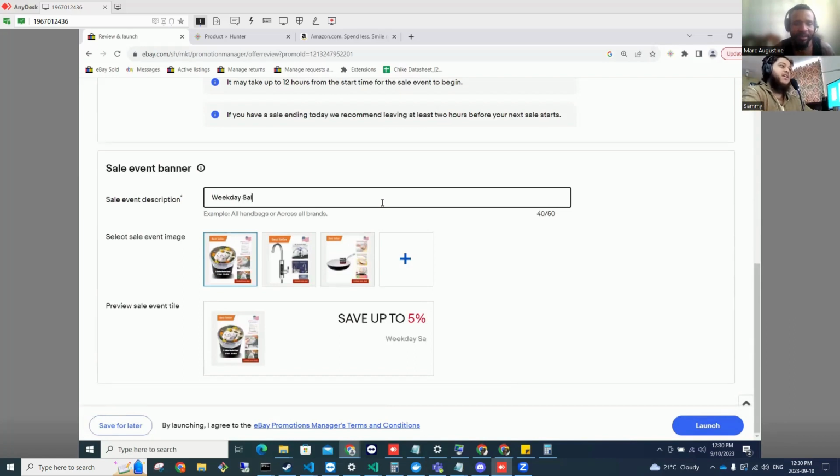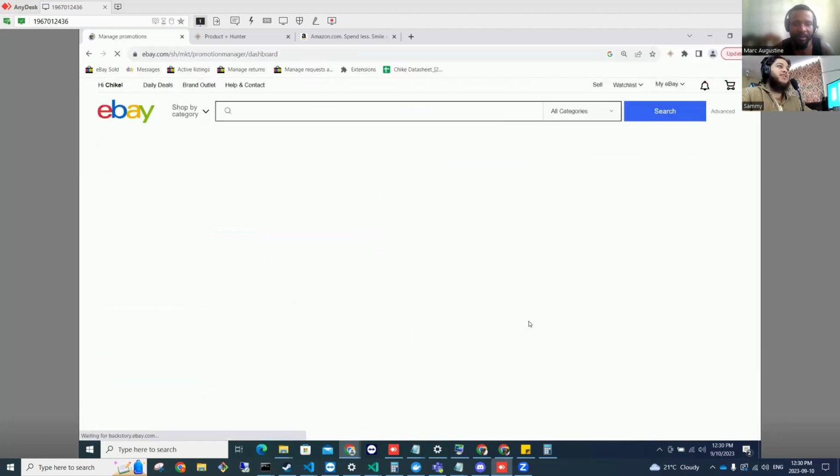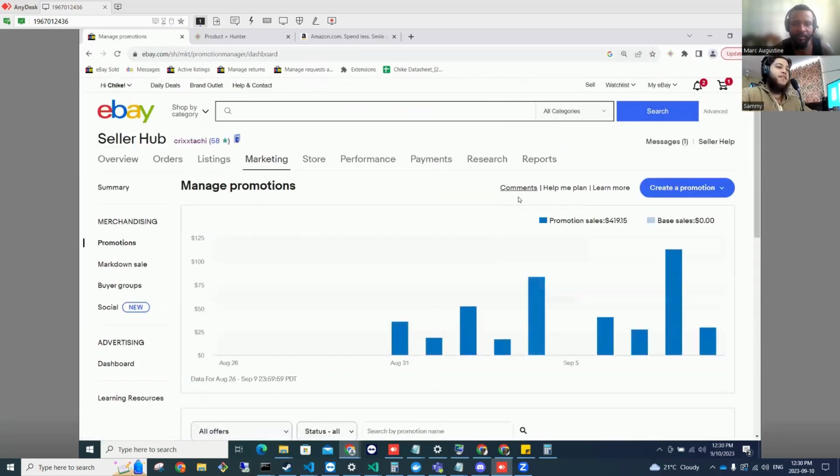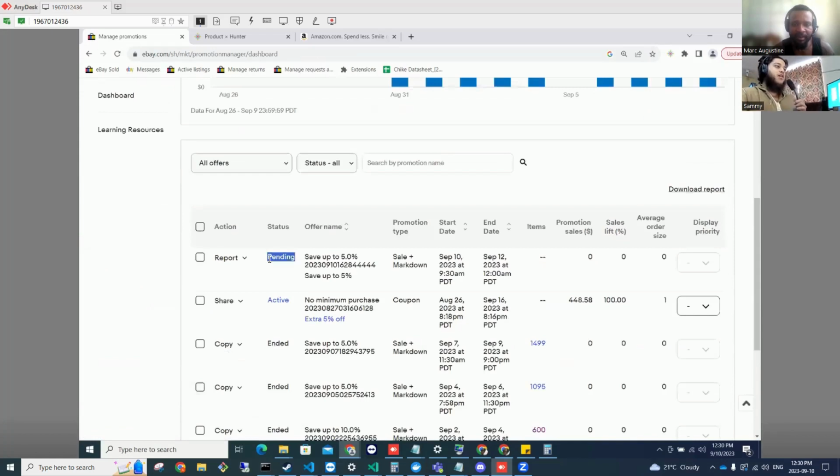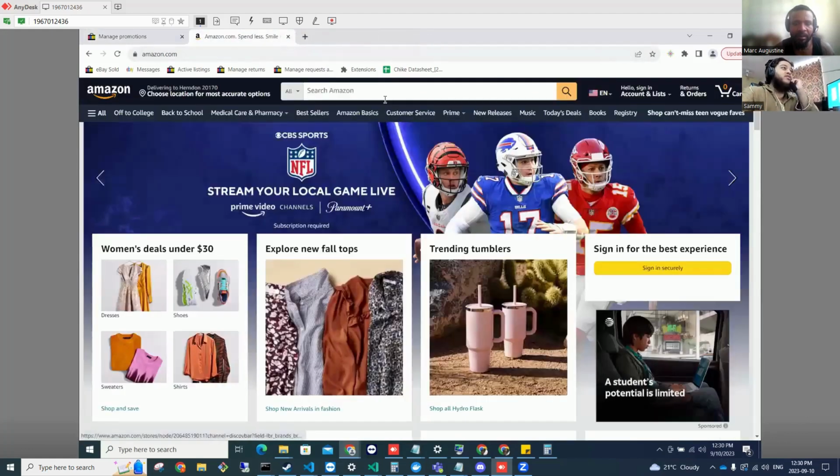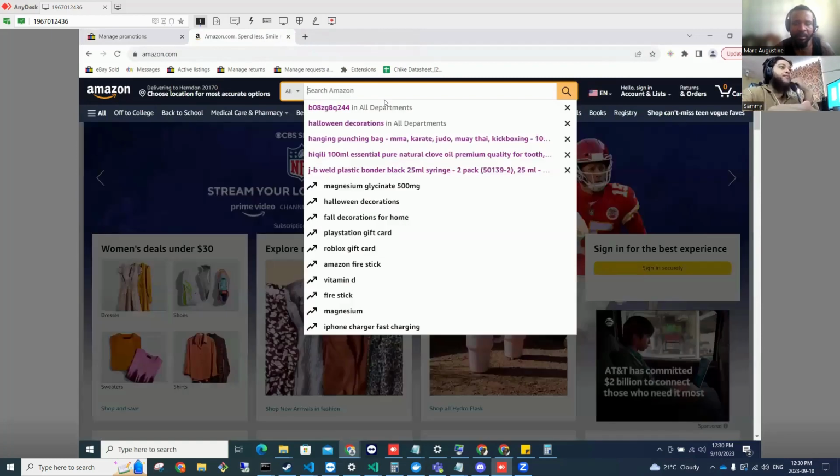I could probably figure out a better name, but I think the most important thing here is just to get the sale out, you know what I mean? Okay, so there we go. We started our sale. It's starting to pend. Let's go ahead and, as always, snipe somebody on eBay.